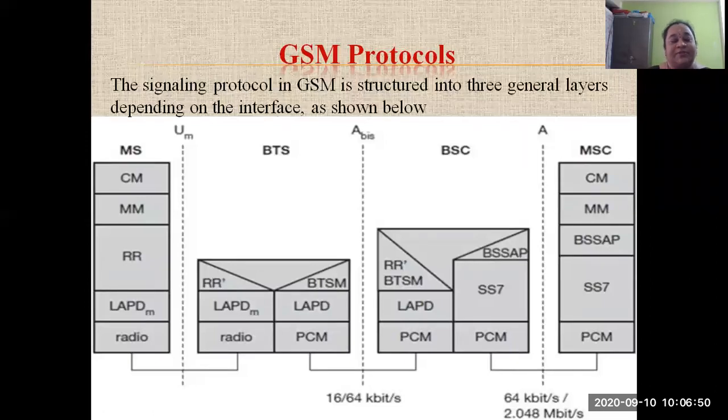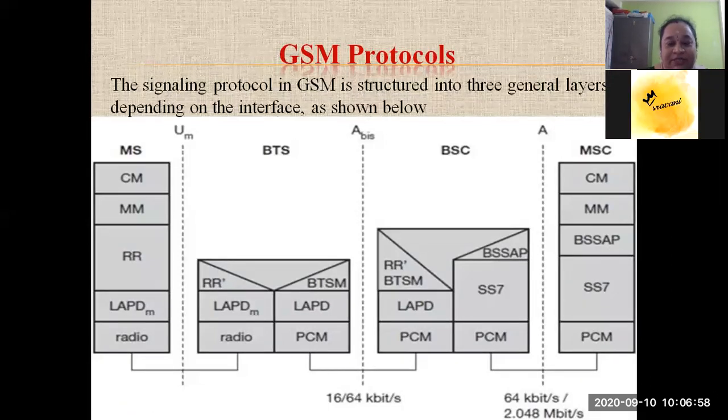The radio subsystem is there, the base station subsystem is there, and also the corresponding operation subsystem. So the network subsystem, the radio subsystem, and the operation subsystem. According to the three subsystems itself, the protocols are also decided, whether and how the data is going to be communicated among those three subsystems